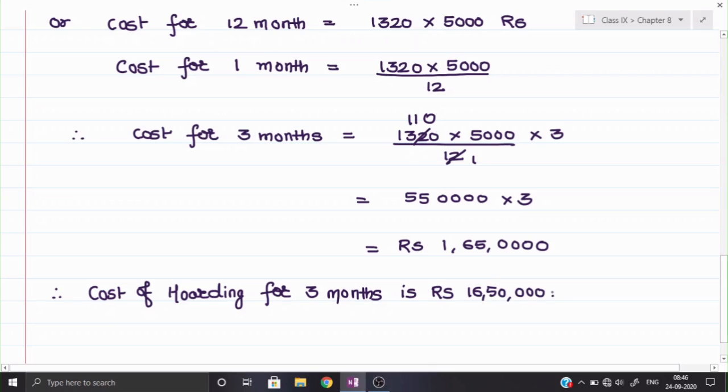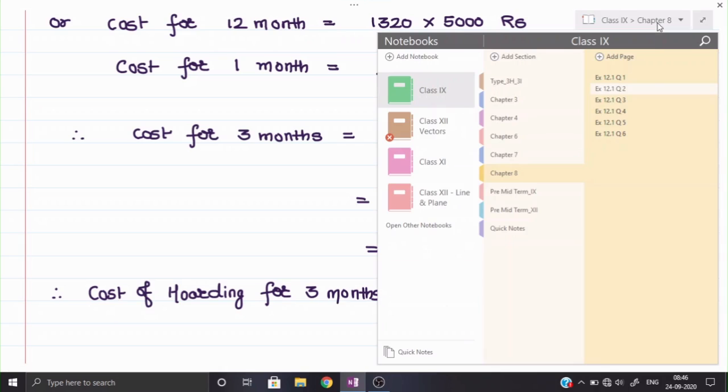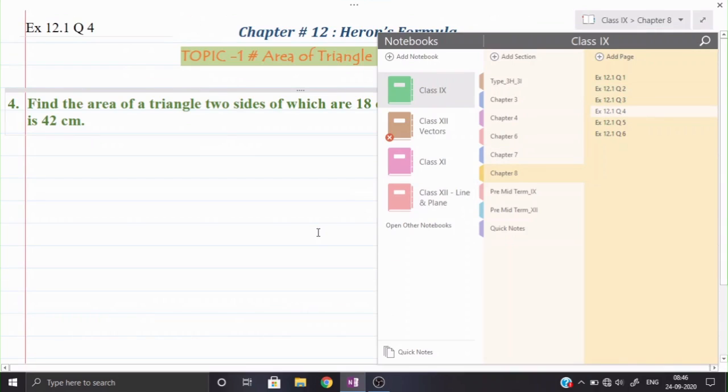Okay, so this can be the answer as per the question given to us. Now question number 1 is more lengthy, so we will do one thing. Question number 1 we will do in the next session. I will explain a simple question in place of that, so we shall solve question number 4. But as I have told you, please solve the question in your notebook in a sequence.